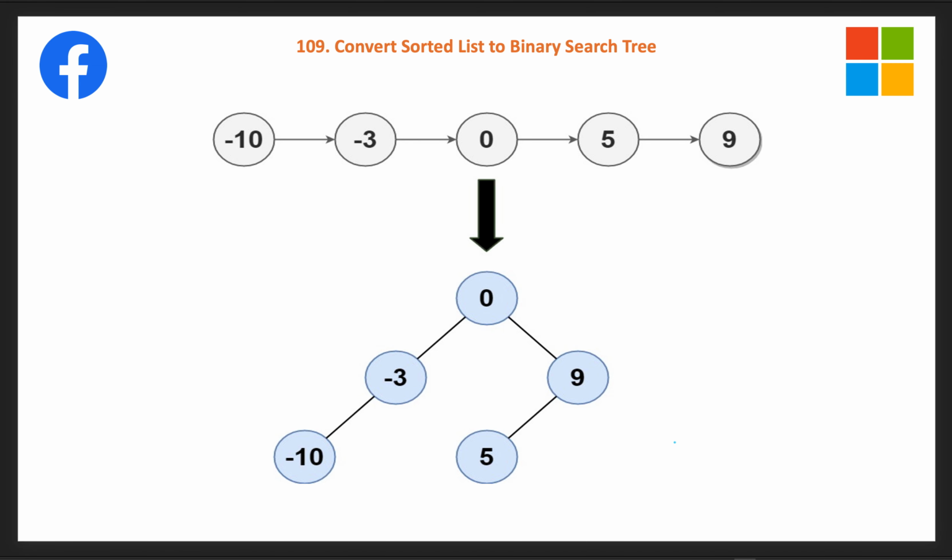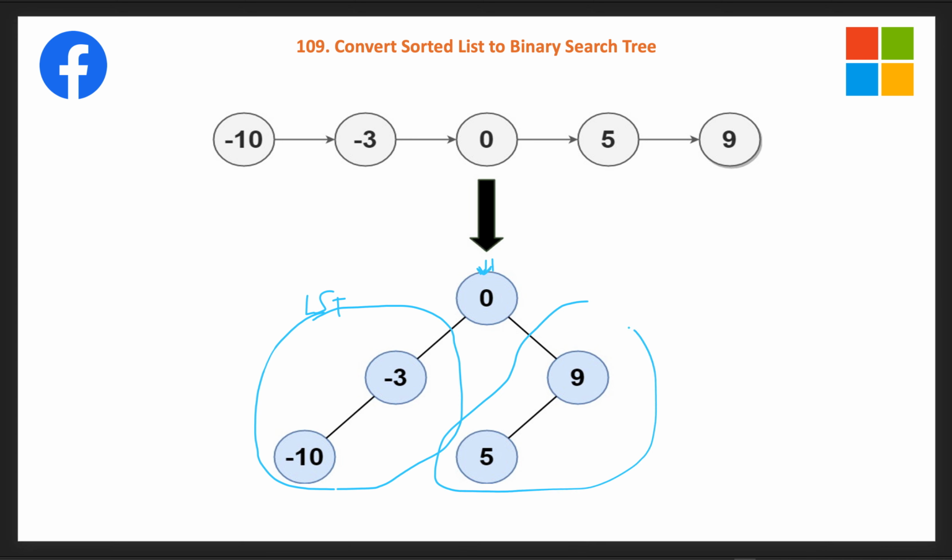In a binary search tree, every key on the root node is greater than or equal to all the node values in the left subtree, and less than or equal to all the right subtree nodes. This is followed by every node when going from the root to all the leaves.